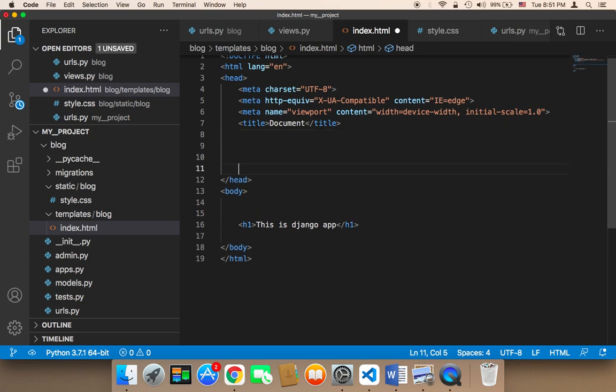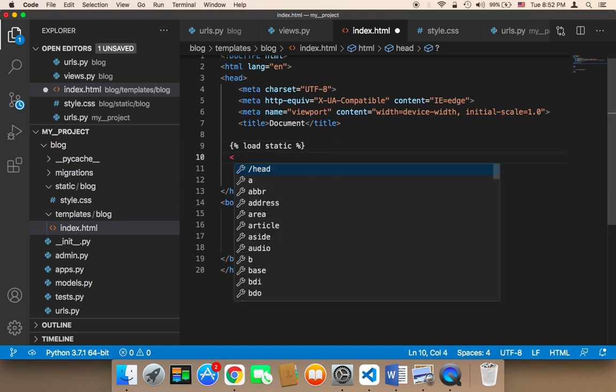To do that, we need to come over here in the head, and then we need to add this piece of code. We need to add curly braces and then percentages and then load static. What this code is going to do is load the static folder. And then below this code, we need to say link